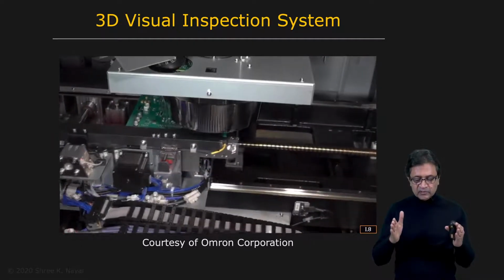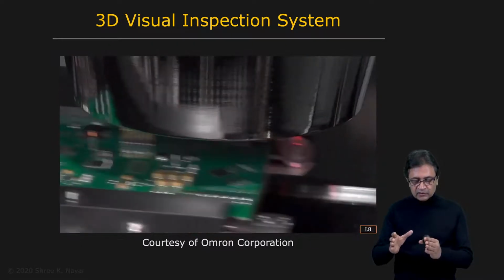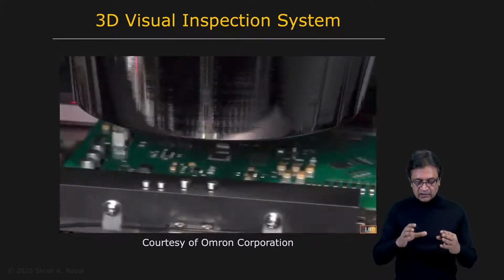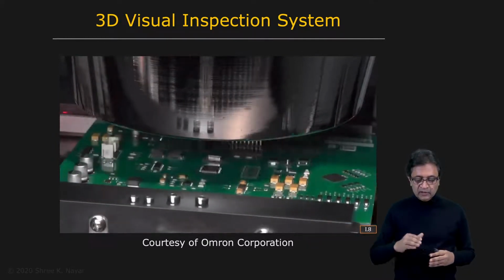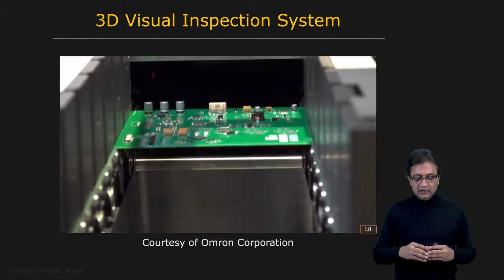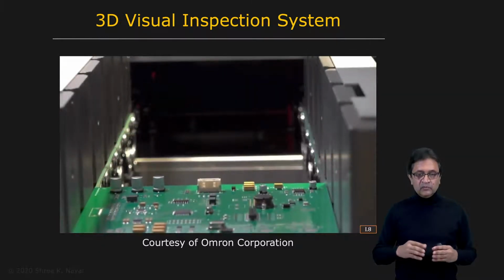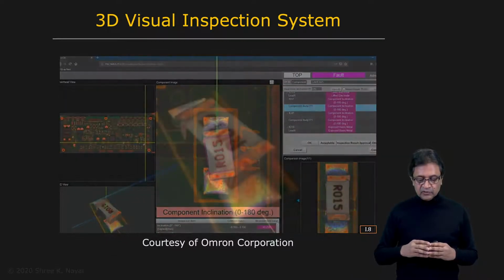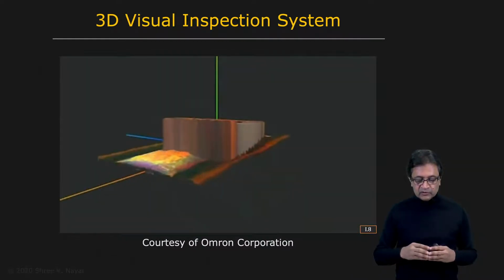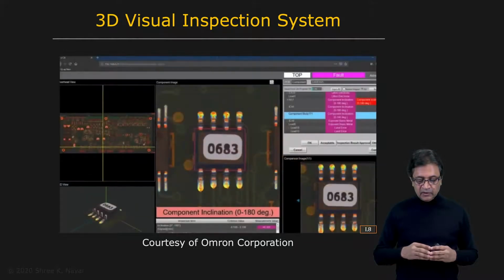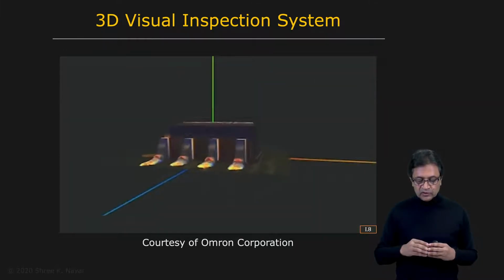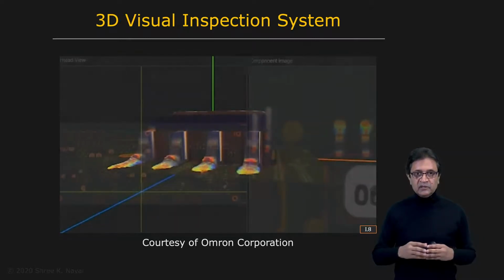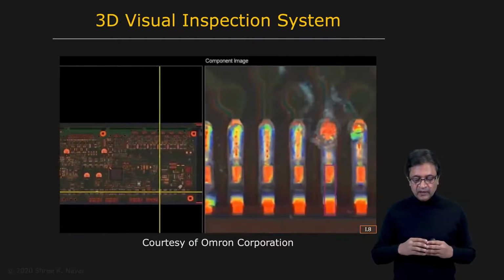And the PCB is being scanned in terms of tiles. You see that there is the phase shifting method being applied to these different tiles at a very fast pace. And when it's done, you have a complete three-dimensional model of the printed circuit board. So here you see one of the components, its shape, as well as a solder joint associated with it. Solder joints are extremely important because we want to know whether the connections are being made.